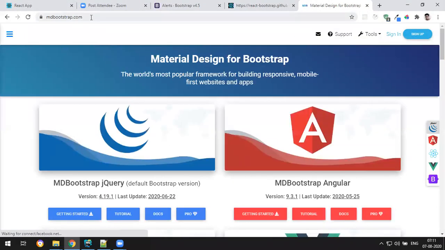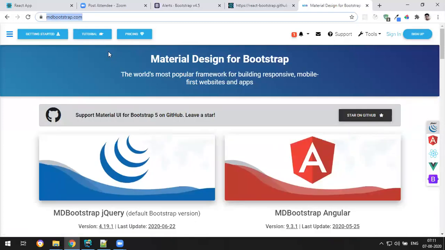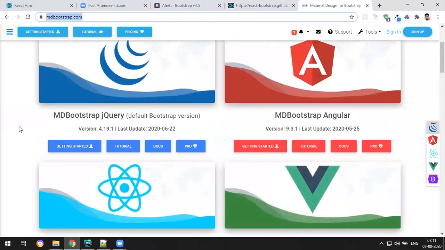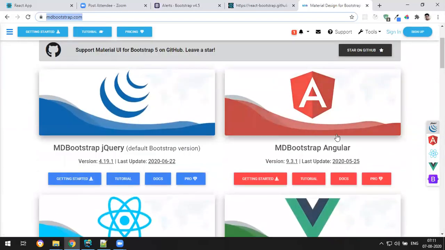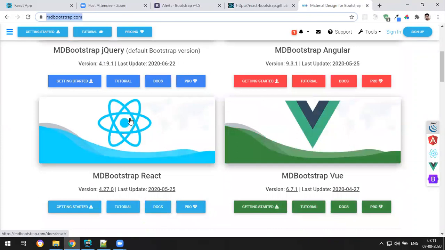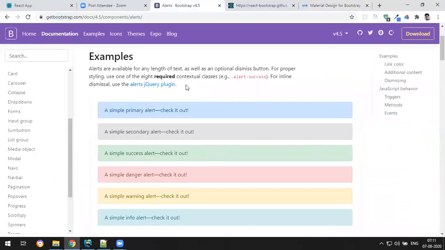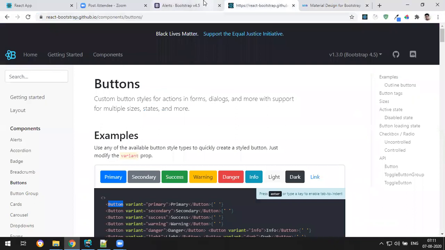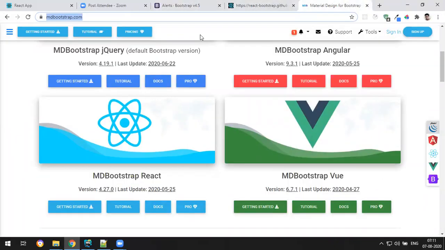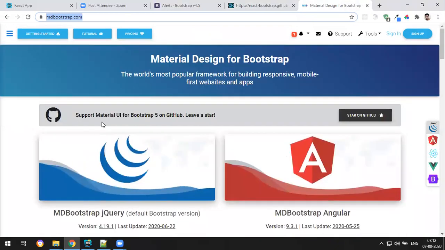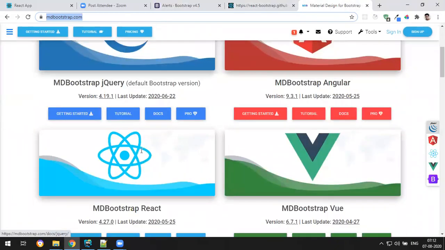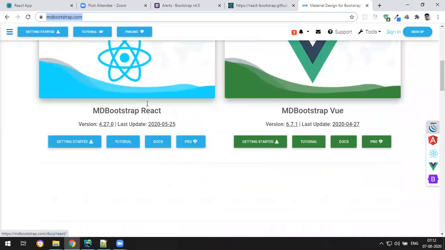Okay, so MD Bootstrap is regularly for any website development, not specific to any framework, because for Angular components they have a separate library, and for React components we have a separate library. So what I'm talking about here is MD Bootstrap. This is a general one, just like regular Bootstrap. React specific one is React Bootstrap. So these two are the same like that. MD Bootstrap with some rich UI is this one, the regular one, and the React specific one is MDB React, this one.